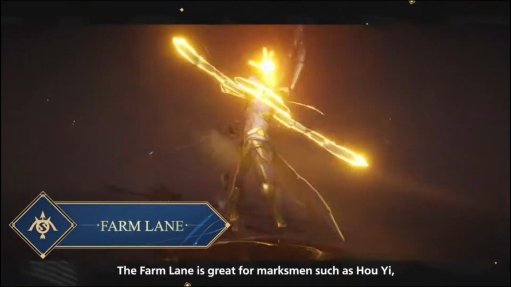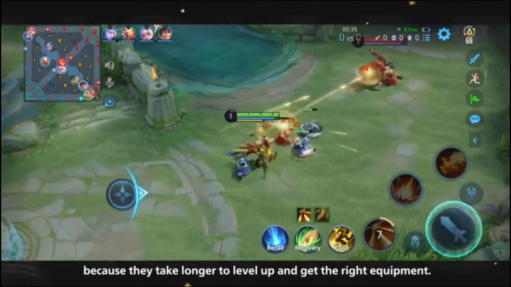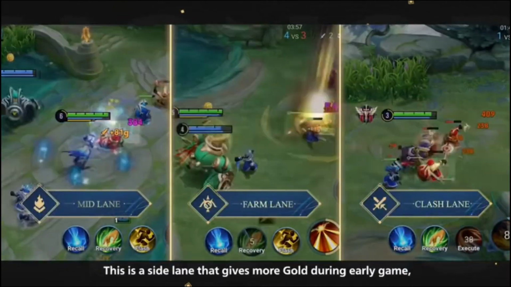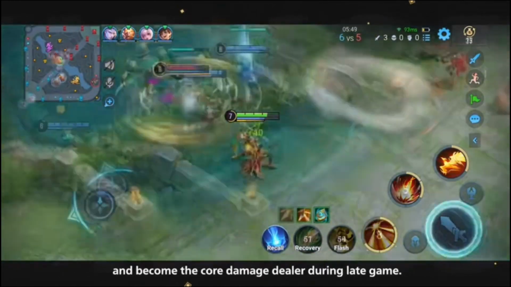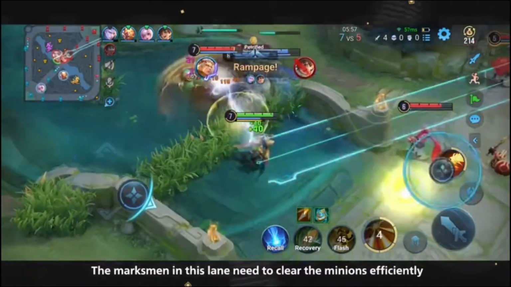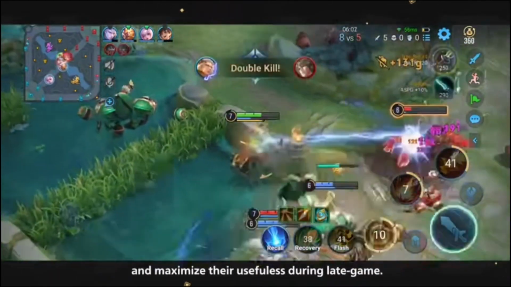The farm lane is great for marksmen, such as Ho Yi, because they take longer to level up and get the right equipment. This is a side lane that gives more gold during early game, making it great for marksmen to quickly accumulate gear and become the core damage dealer during late game. The marksmen in this lane need to clear the minions efficiently while paying attention to stay alive and maximize their